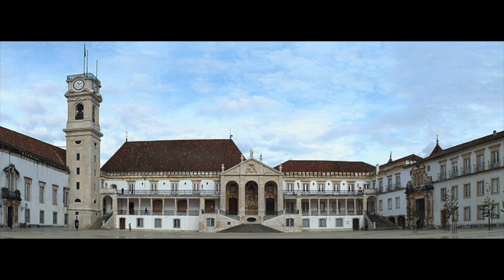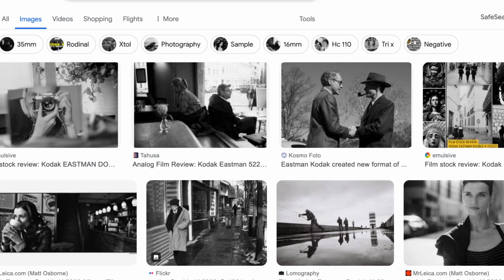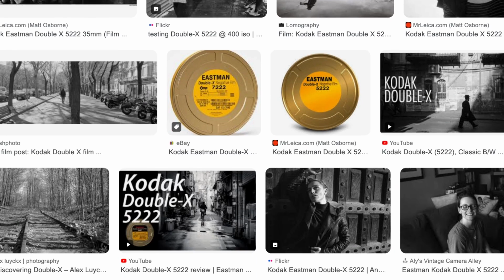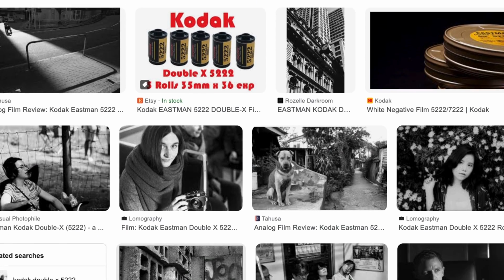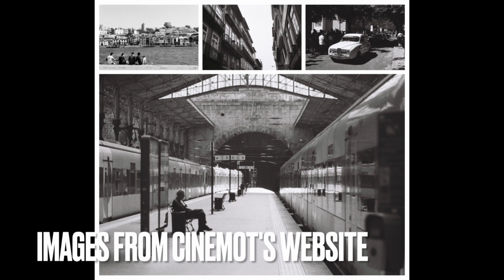Moving on, next we have a Coimbra 250D. This black and white stock is named after a famous university city. It was originally manufactured by Kodak Eastman for use in the motion picture industry, and says so on the box, which means that this is respooled Eastman XX, which is a super beautiful, creamy film stock. Highly recommend. I am really excited to shoot this roll as soon as I can get a leader retriever because, oh my god, the images are beautiful, it looks perfect, good general black and white film stock, not too contrasty,